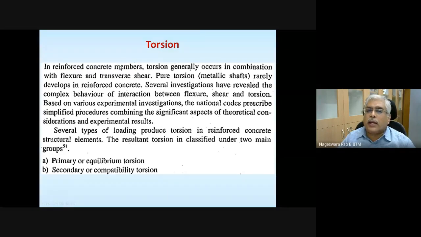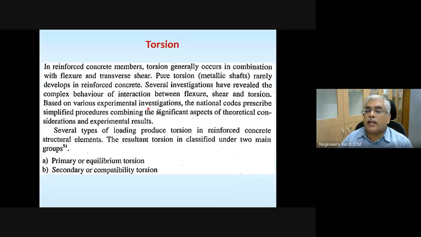In reinforced concrete members, torsion generally occurs in combination with flexure and transverse shear. Pure torsion, like that in metallic shafts, rarely develops in reinforced concrete. Several investigations have revealed the complex behavior of interaction between flexure, shear, and torsion.